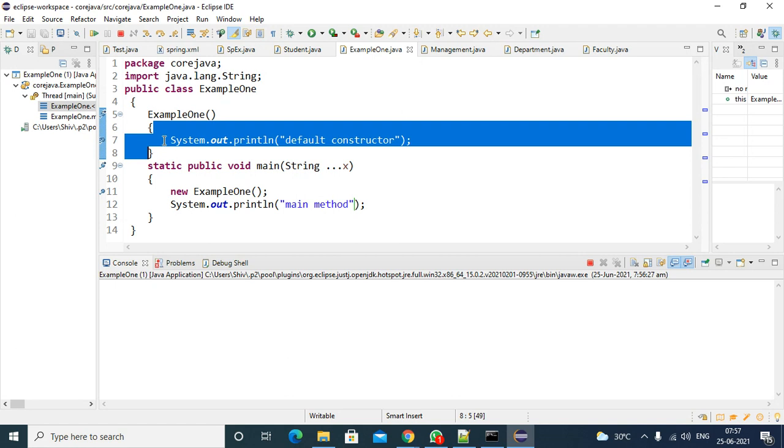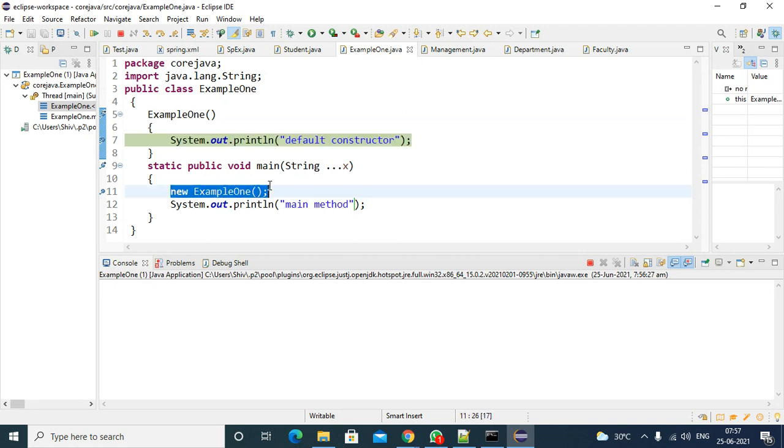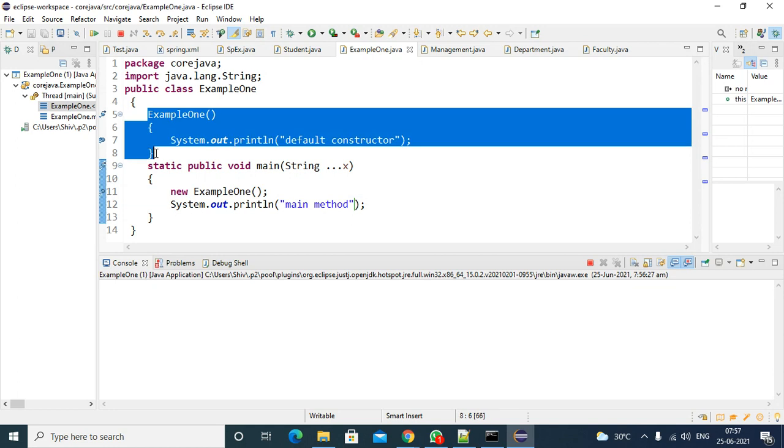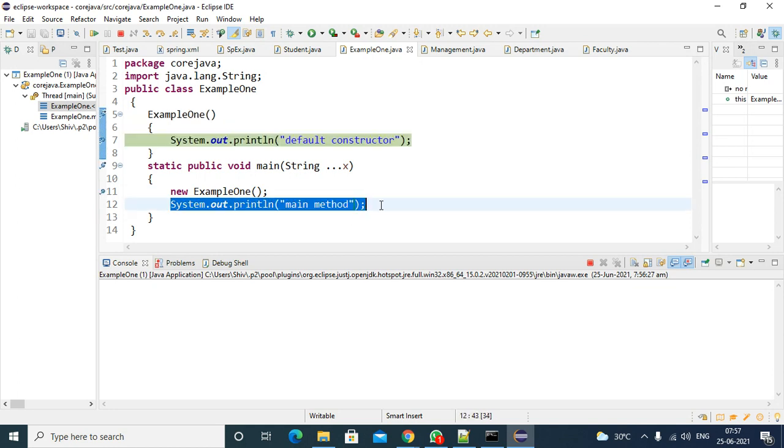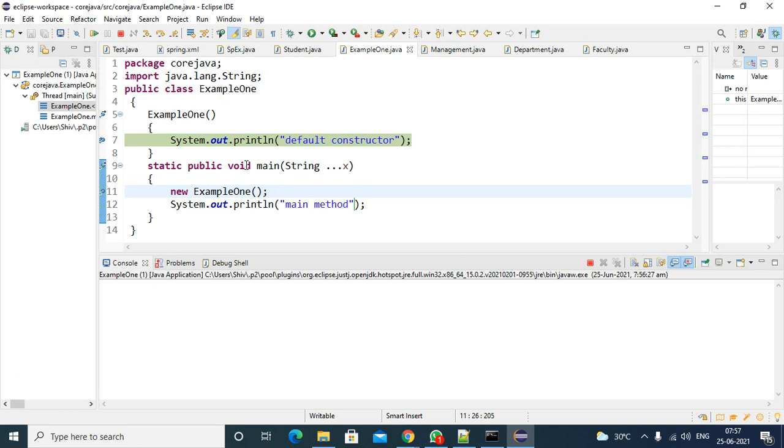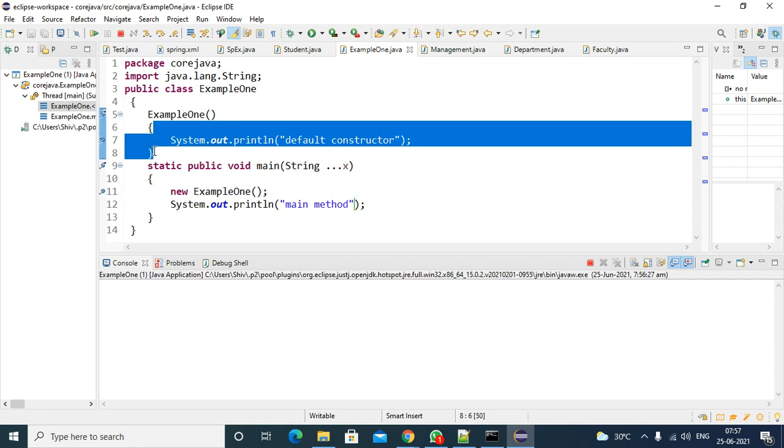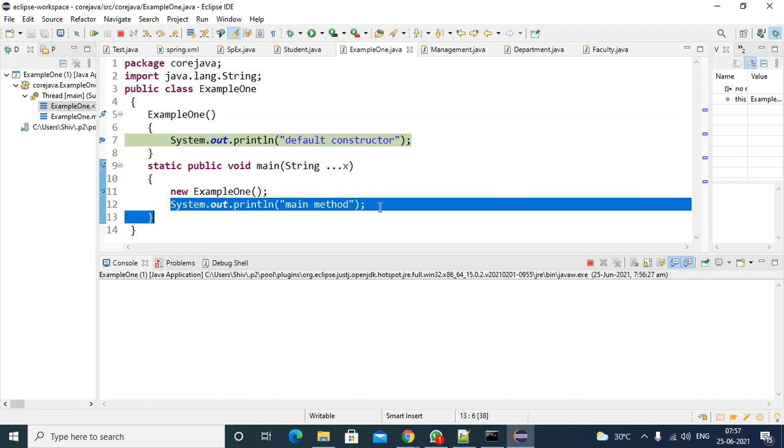So who called this constructor? This line called it. Once that work is completed, the cursor will come back to this line. Inside the main method, it is creating the object, which means it will call the constructor. The constructor executes, and once it is completed, the task is completed and the cursor comes back. If there are any remaining lines of code, they will be executed.